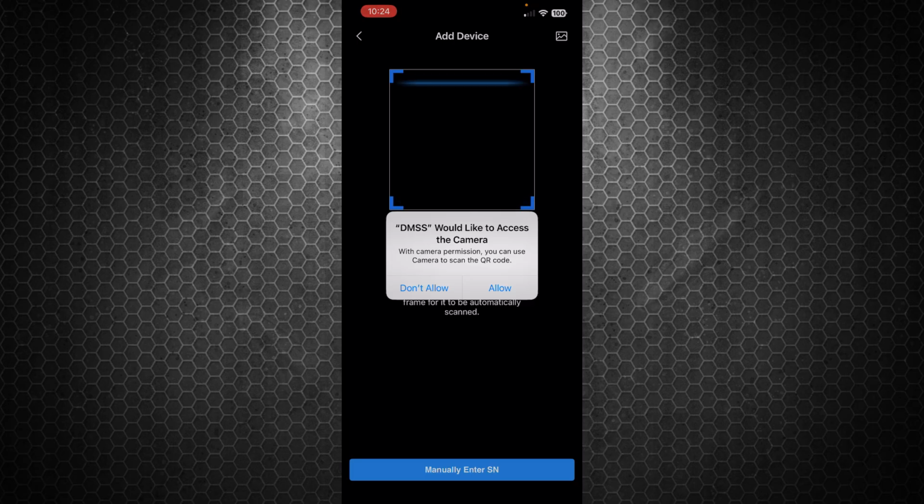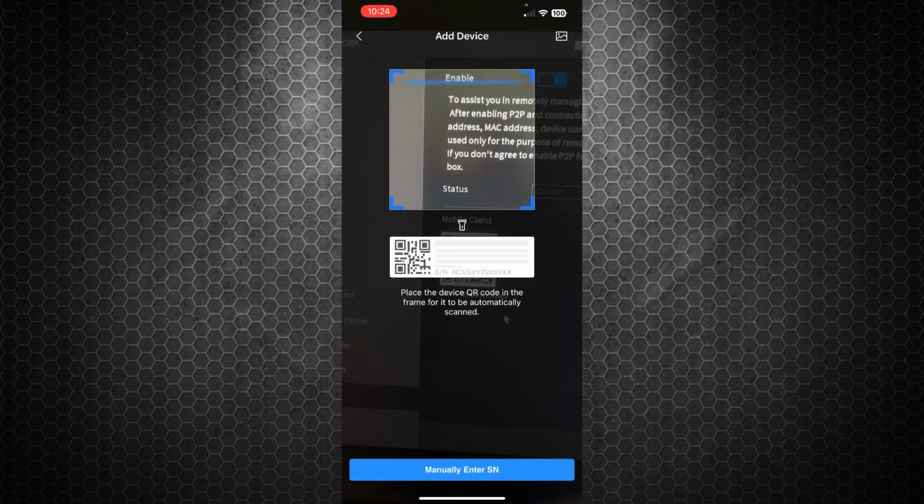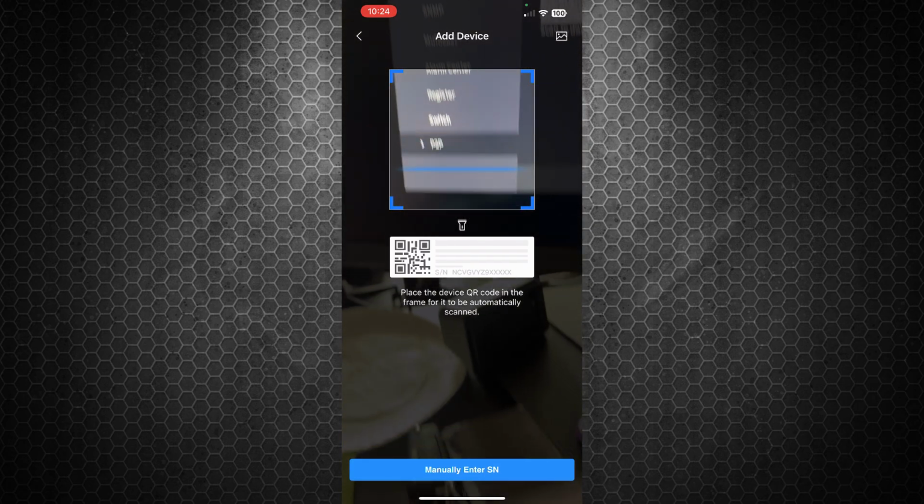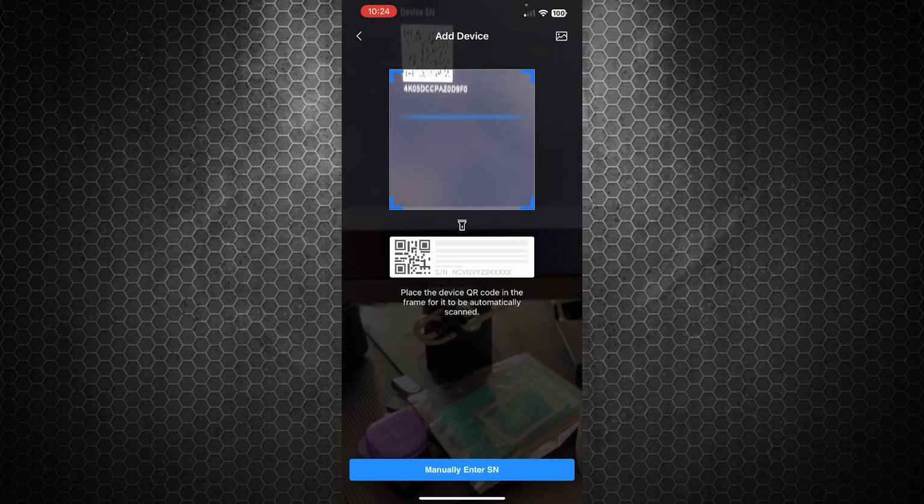So I'm going to tap Allow Access, and then I'm going to show you both methods for scanning the code. So I'm going to tap Allow. I already have it aimed at my recorder's network and P2P settings page. Here you can see there's network and the P2P page, and then you want to scan the code on the